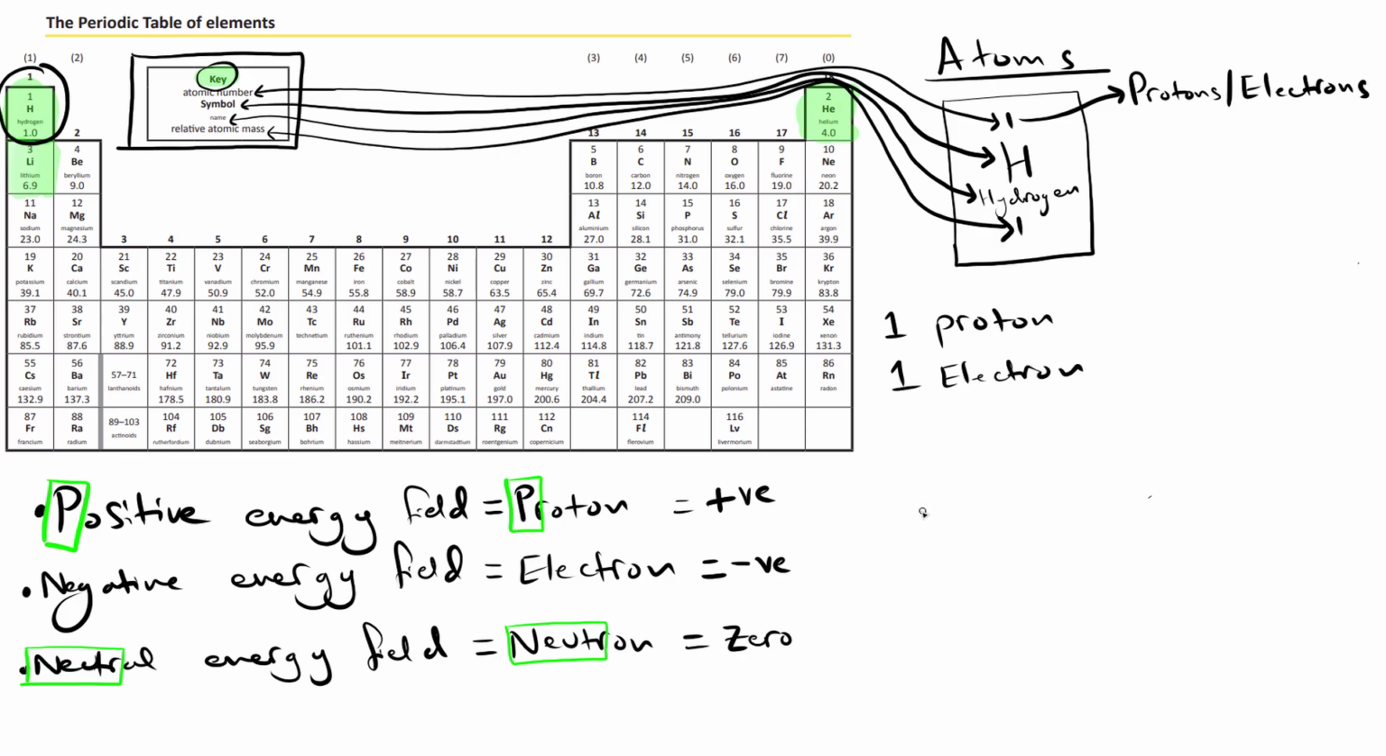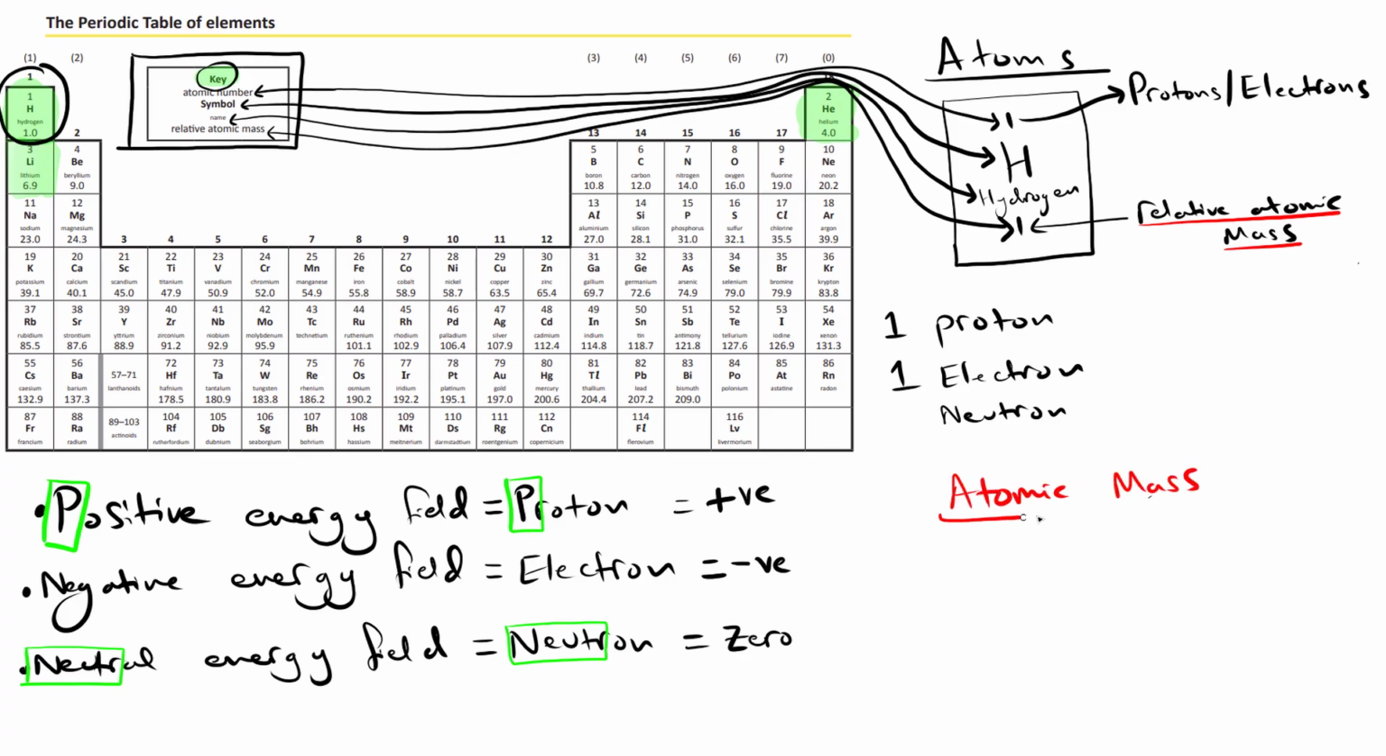To find the number of neutrons for the hydrogen atom, we have to take a look at the number on the bottom, which is the relative atomic mass. And let's understand what this word means. Relative atomic mass. So atomic mass,